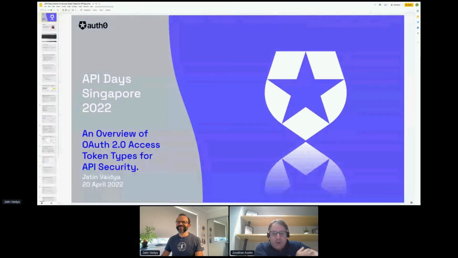The topic of today is access tokens, being a key part of APIs. And there's a new OAuth 2.0 that specifies specific implementation details, different types of access tokens. So that's what we're going to cover here. It's a pretty technical discussion, but I think we're going to be eased into it, to just get a view of what the topic's about.